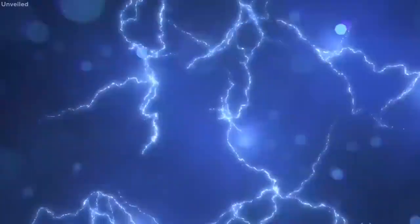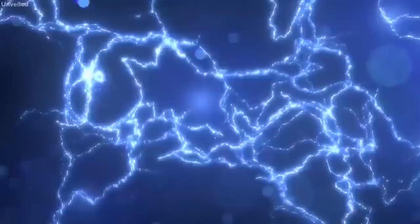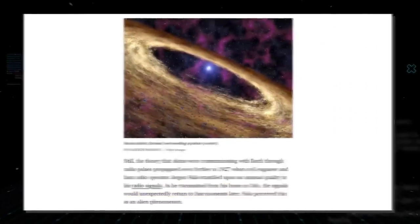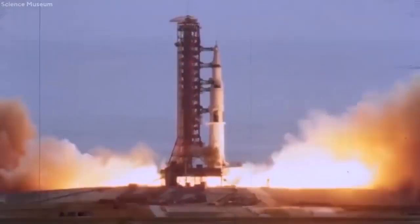operator Jürgen Hels saw a weird echo to his radio signals. As he transmitted from his house in Oslo, the signals were returned to him a few moments later. This made Hels pick this as an alien phenomenon. Number 9. Buzz Aldrin. During NASA's first spaceflight, Buzz Aldrin was one of the scientists who graced their presence on